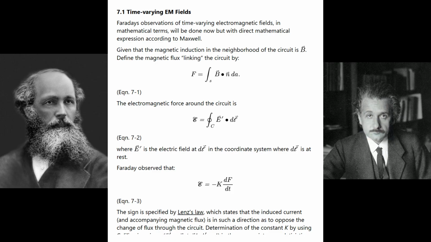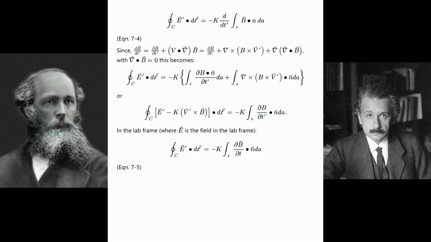Determination of the constant k by using Galilean invariance, x' equals x plus vt, t' equals t, in the appropriate non-relativistic limit. Equation 7-4. Since dB/dt' equals the fraction with numerator partial differential B and denominator partial differential t' plus v dot gradient, times B, equals partial B over partial t' plus gradient cross B times v, plus v times gradient dot B. With gradient dot B equals 0, this becomes,